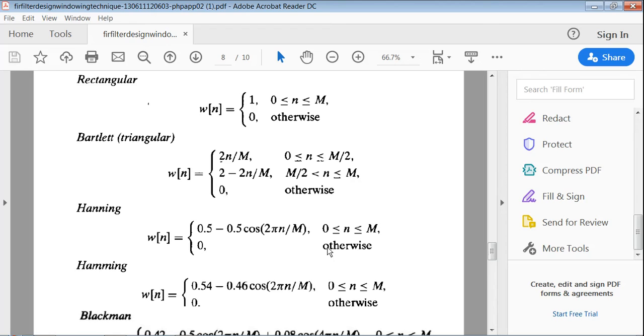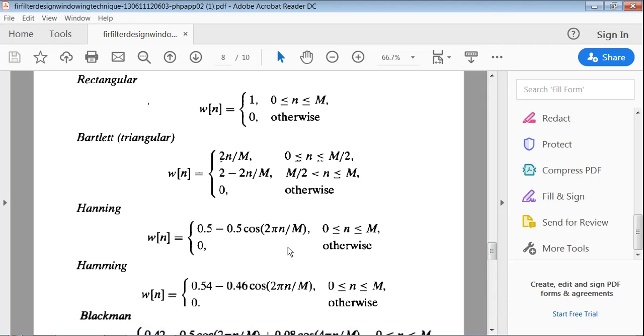The Bartlett or triangular window has the following function. From these equations we can calculate the window coefficients, and we can calculate the hd of n coefficients using the previous formula, and then multiplying hd of n by w of n,